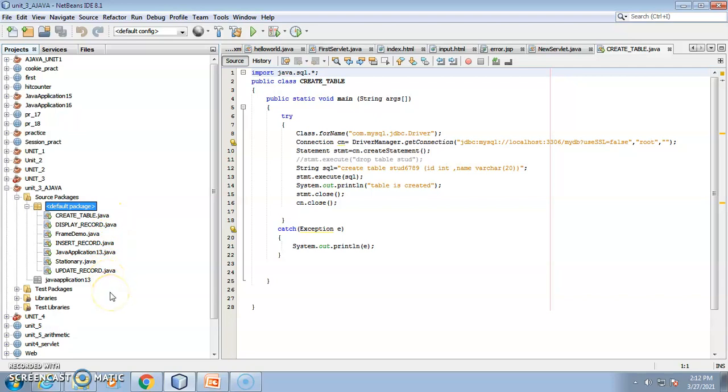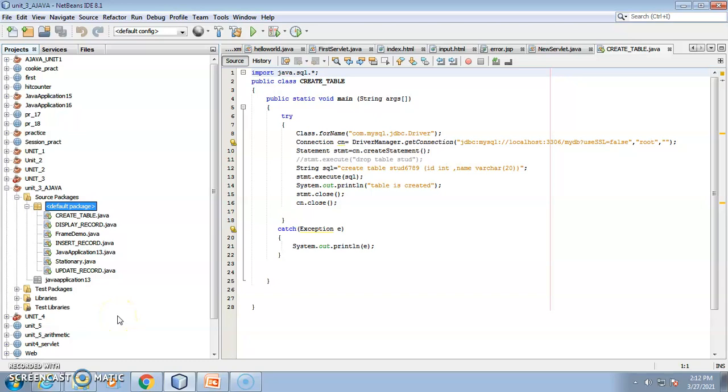As I said, I have to create a JDBC connectivity, and for that a driver is required, because the driver drives the Java application up to the database, and from there you can store the data as well as fetch the data. So how is it going to drive to the MySQL database? For that it requires a driver. As we are using a MySQL database, it requires a MySQL connector.